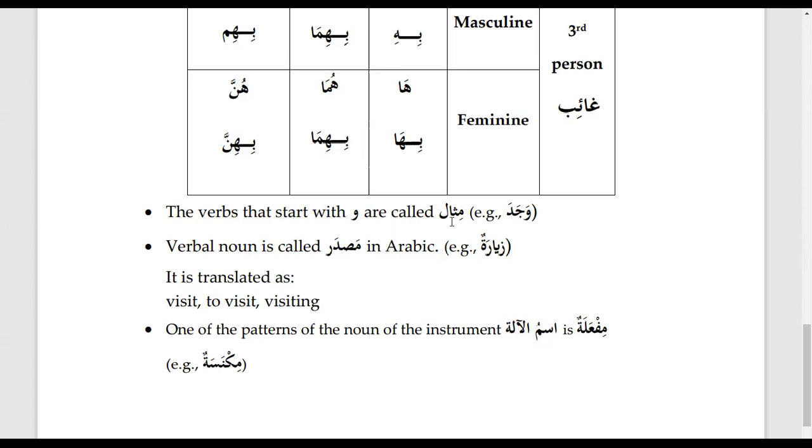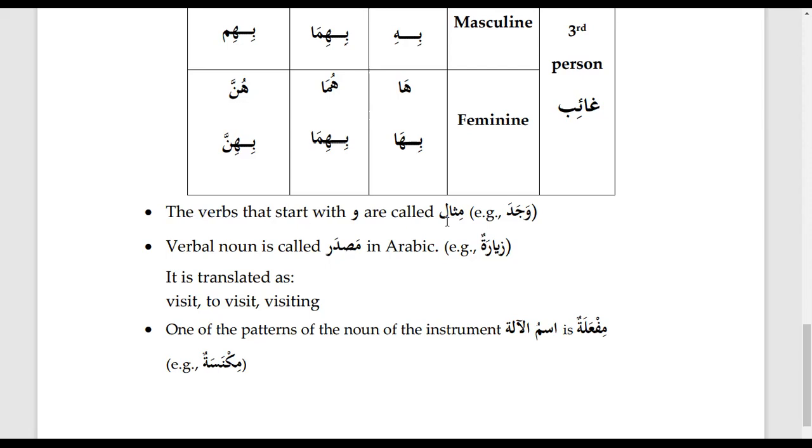You remember that there are two types of verbs, sahih, that are regular, and ghair sahih, that are irregular. Sahih means that they have only letters that are not weak letters, and they do not have hamza. For example, dhahaba. In dhahaba, we do not have hamza, we do not have tashdid, and we do not have any of the weak letters. Similarly, kharaja, there is no hamza, there is no tashdid, and there is no waw, alif, or ya.